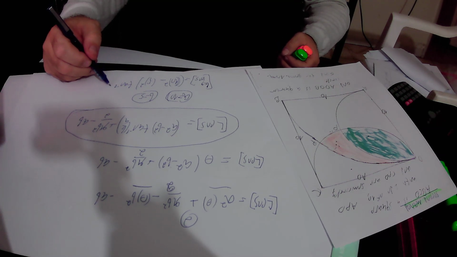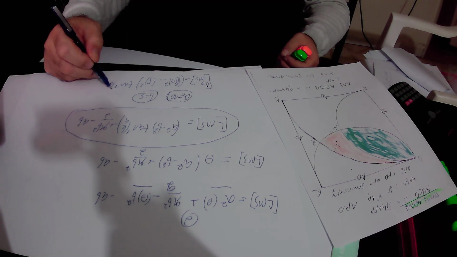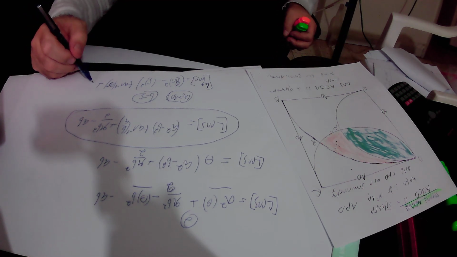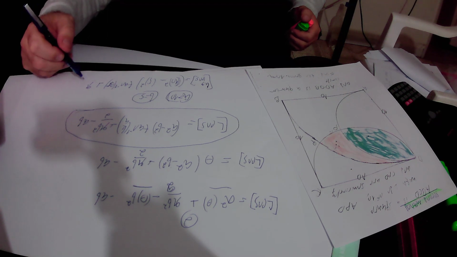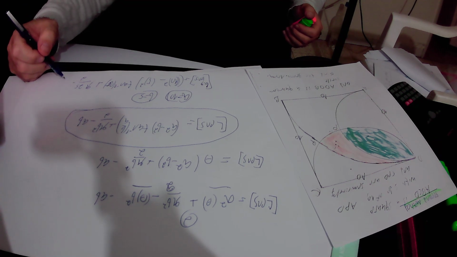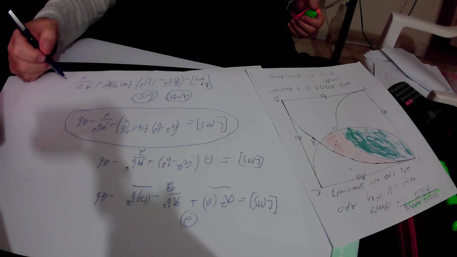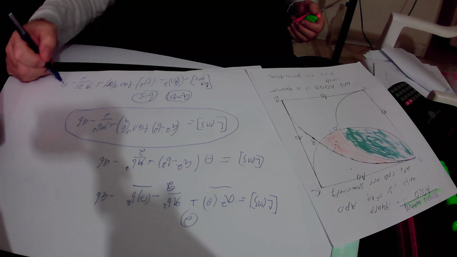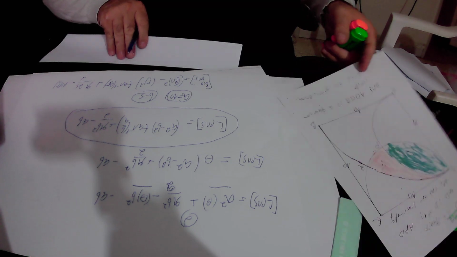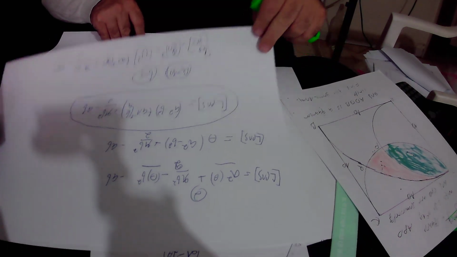B is 5, a is 10, so 5 over 10 is 0.5, plus pi, b is 5, so b squared is 5 squared, that is 25, over 2, minus a times b. A is 10, b is 5, so it is 10 times 5. So in conclusion, we get that the area of the big lens